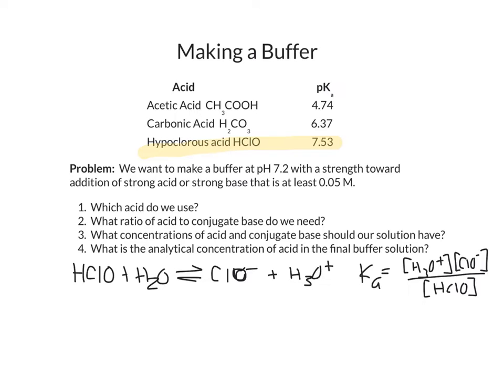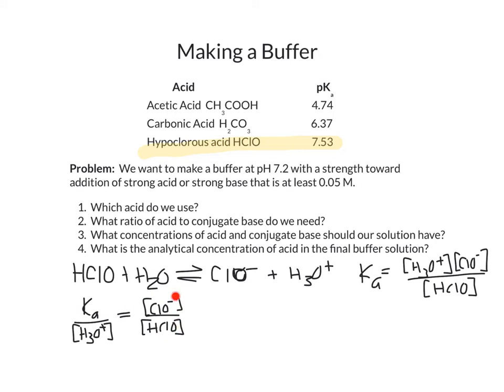We know the pH that we want, and we know the Ka because we have the pKa. And so we can rearrange this equation. Ka divided by